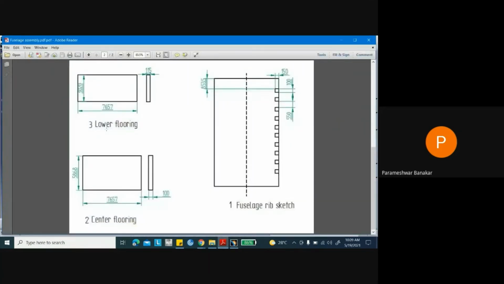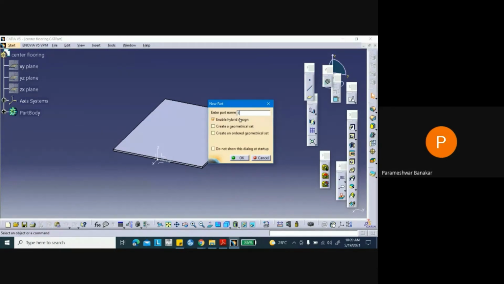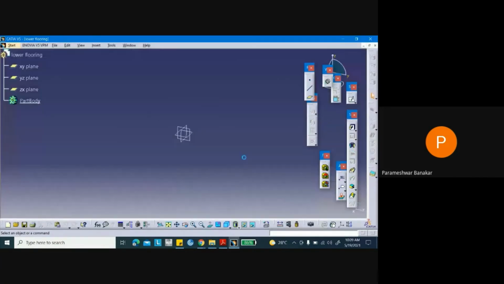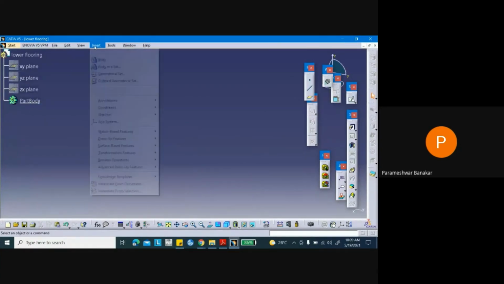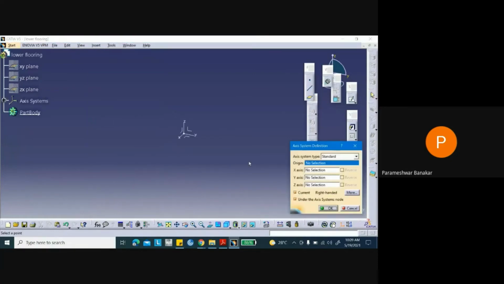What is that part 3? Lower flooring. In the same manner, we will create lower flooring as well. Okay, give OK. Same way, hide this, this and this, and insert new axis system.